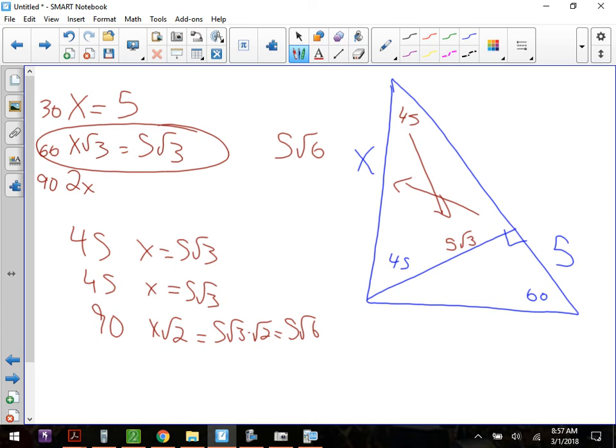Now, I think that was pretty much all we had going on yesterday with those. So if we flip over to the second page,